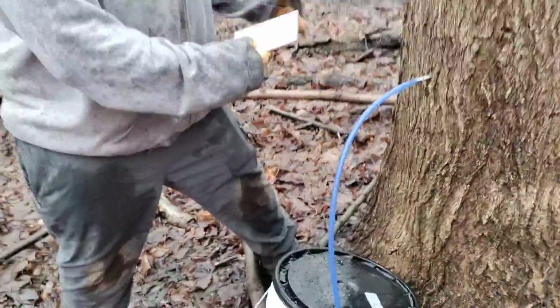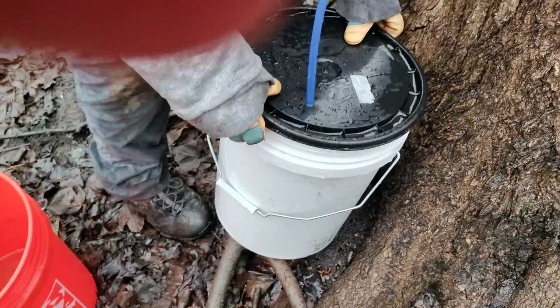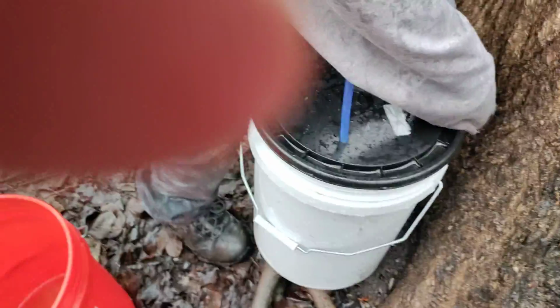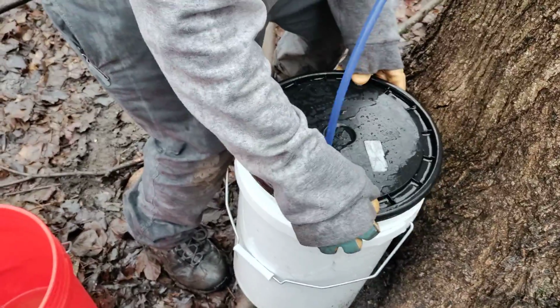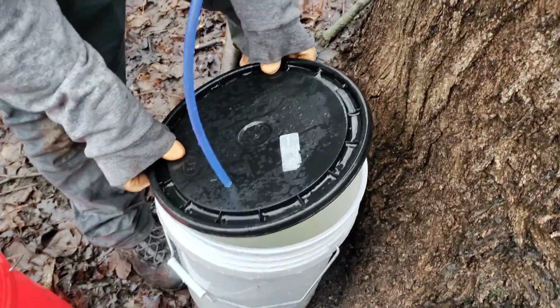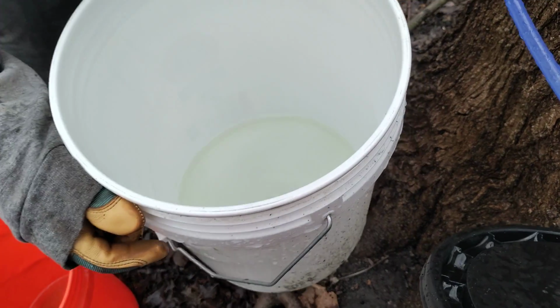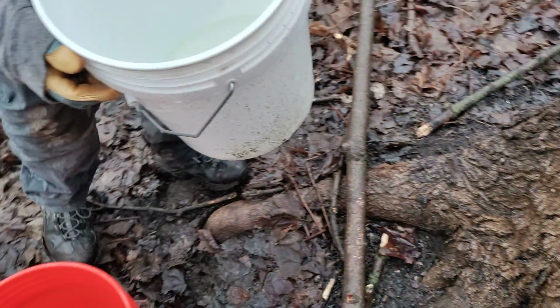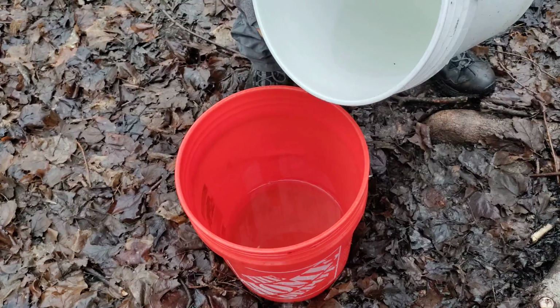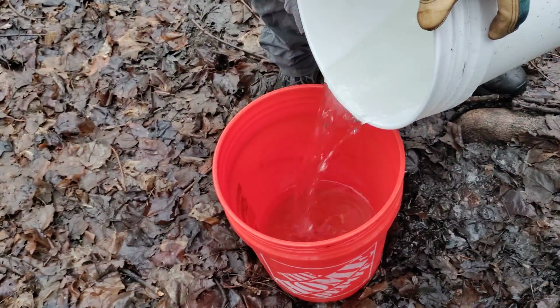And so, let's put that here. So now I try to remove the lid gently and try to keep, because it is raining, so I'm trying to keep all that water out. It looks like this one's got a little bit of stuff in it. Is that a bud? Can't tell. But we're boiling it. Let's see if I can dump that little bugger out. There we go. Wasted a little syrup, but...